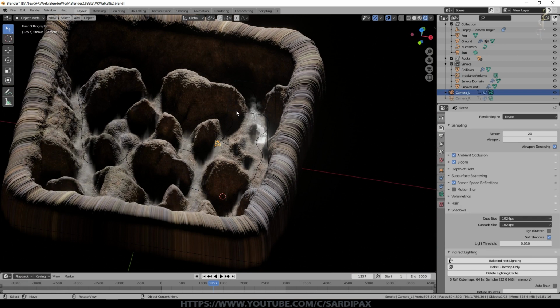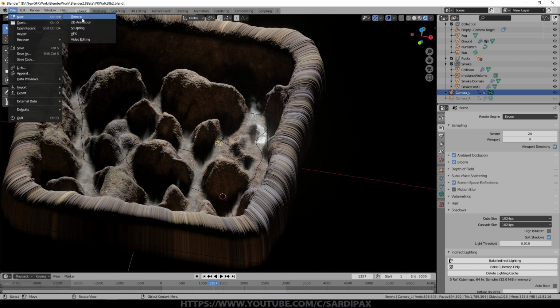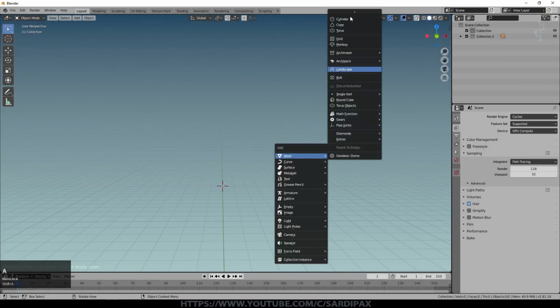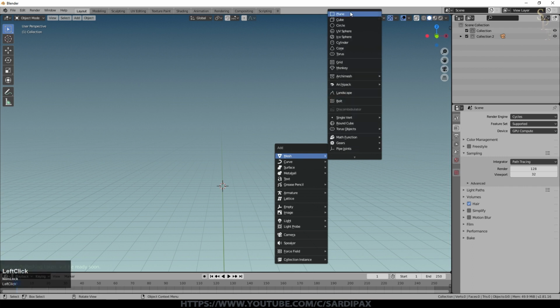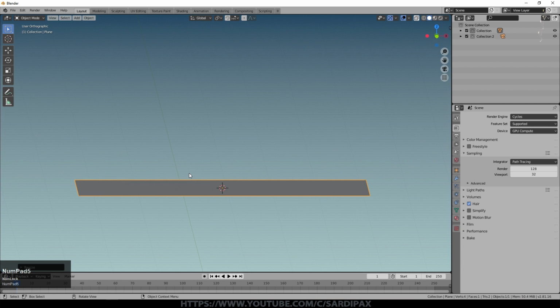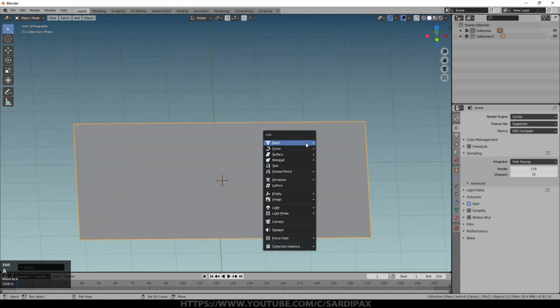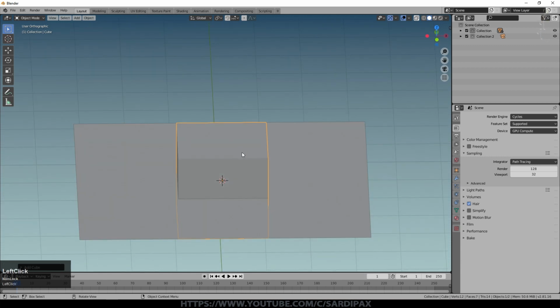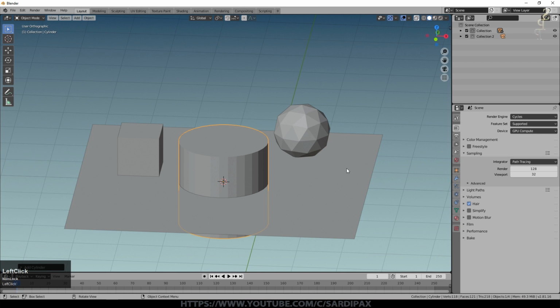So I'm just going to create a really simple scene so that I can talk about some of the settings that you need for a 3D scene in Blender, and specifically in Eevee. So we'll go to a new scene. And to begin with, I'm just going to put a simple plane on the surface. We'll make that a little bigger. Switch to orthographic mode so we don't get confused. And now I'm just going to add a few shapes on there. Scale that down. So there's a cube, there's an icosphere, and we'll add a cylinder in there as well.